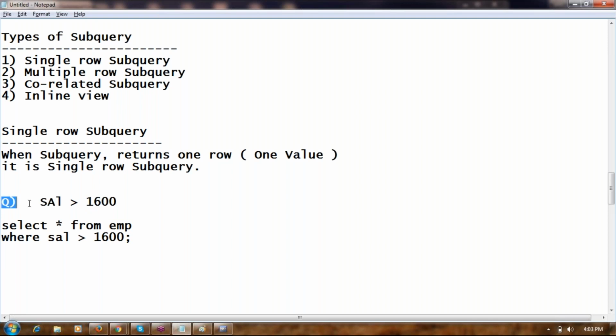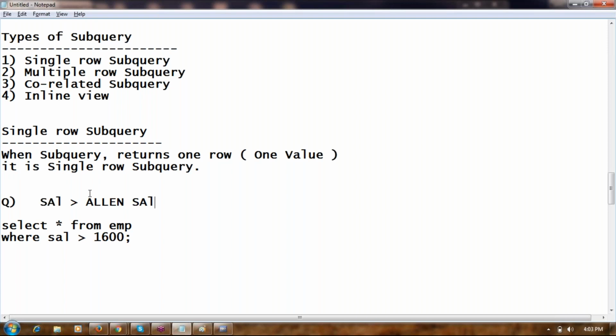I change my question to: write a query to display the rows whose salary is greater than Alan's salary. I want to display the records of all the employees who are earning salaries greater than Alan's salary.